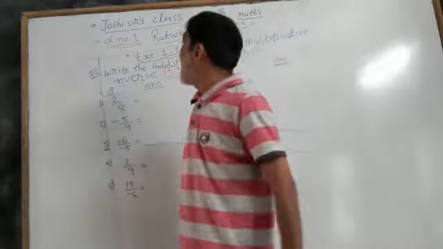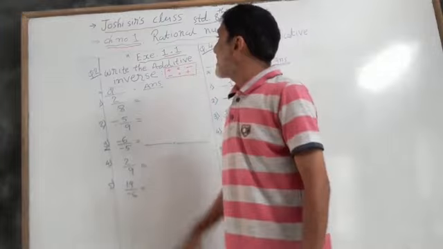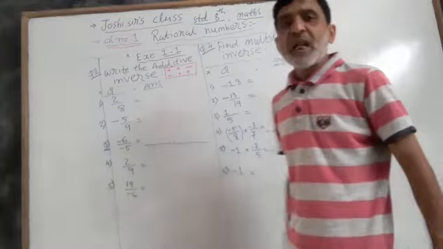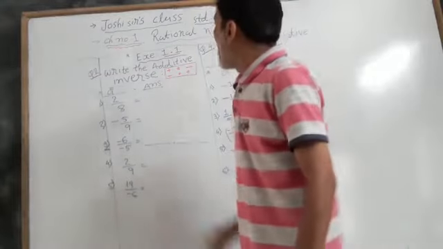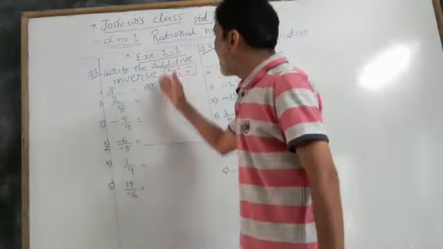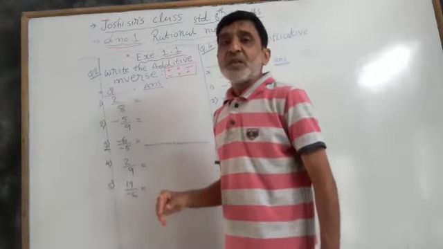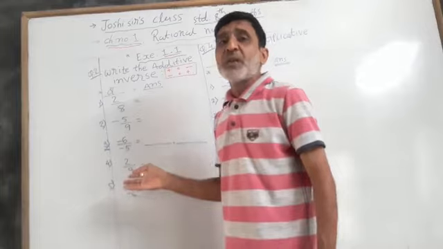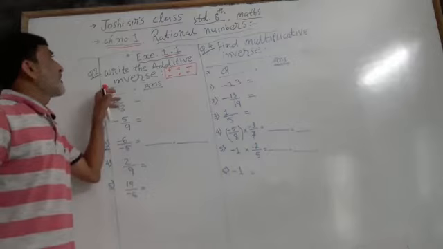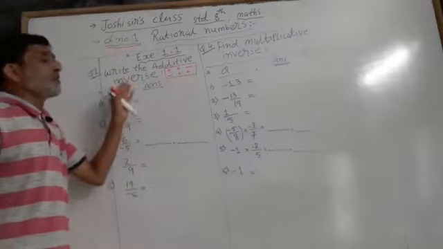Okay, so today we will start chapter number 1 mathematics and exercise number 1.1. Chapter number 1 is rational number. Now what will we do? We will not complete all the exercise one by one, but we will follow the method wise sums, so you can understand every method, and after that you can do all this type of sum at your home also. Okay, now exercise 1.1, question number 2, write the additive inverse.